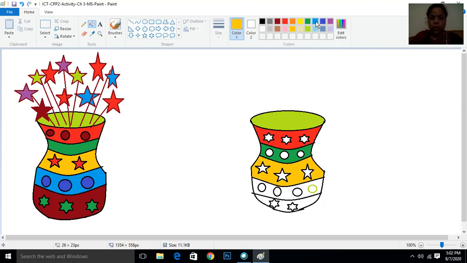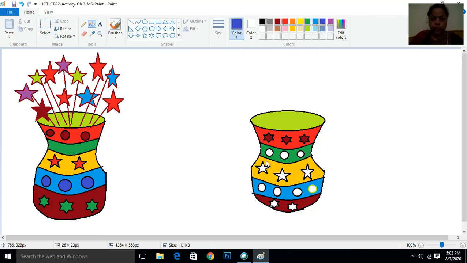Now I am taking this color. Now I am taking this dark color. Okay. Now I want to fill the color inside this, so I am just taking this. You can take any other color also.